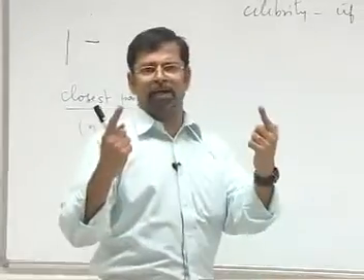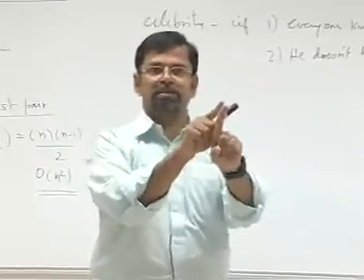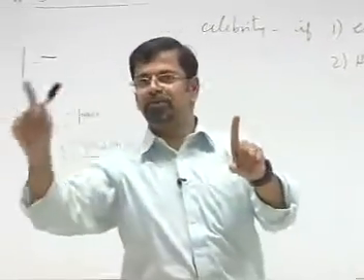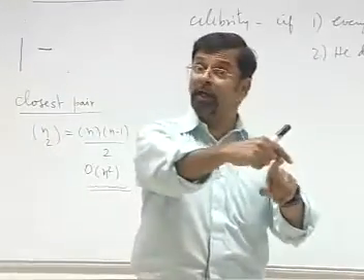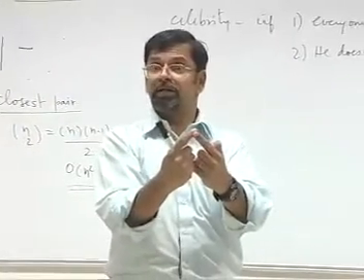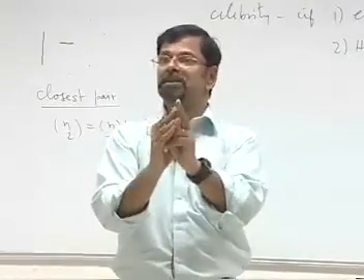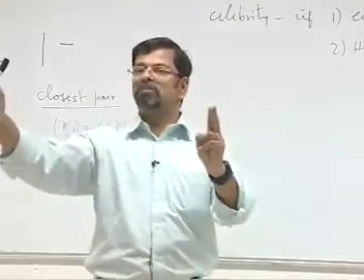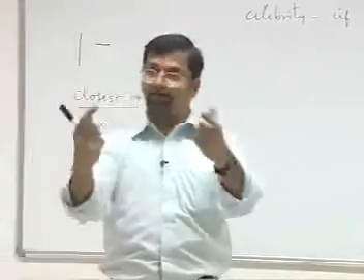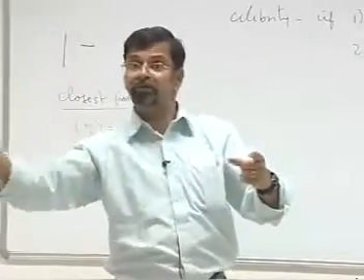For every pair of persons, you ask this question: A, do you know B? And B, do you know A? Because it is asymmetrical, right? You may know me and I may not know you. Therefore, just because A said he doesn't know B, you can't stop with that. For the same pair, you have to ask another question: B, do you know A?